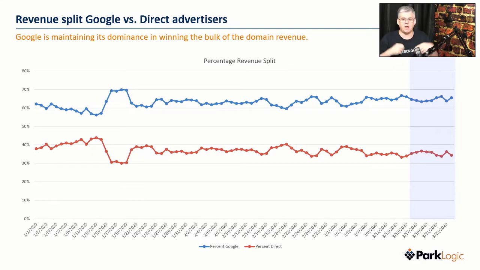And despite all the COVID issues and all that sort of stuff, Google's still maintaining that, which makes sense in some ways, because if you're a small businessman or woman and you're trying to get online in a more meaningful way, the place you're going to go to is Google. And you're going to go to Google and start buying advertising. That's the natural reaction, inclination. And it's the tier 2 advertisers, or the next level, the direct advertising networks, they require a more sophisticated buyer of traffic, I think. But it'll be interesting to see what occurs there.